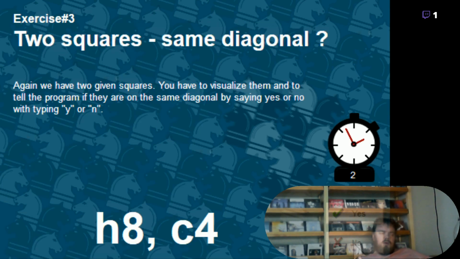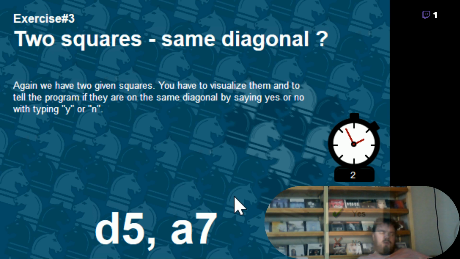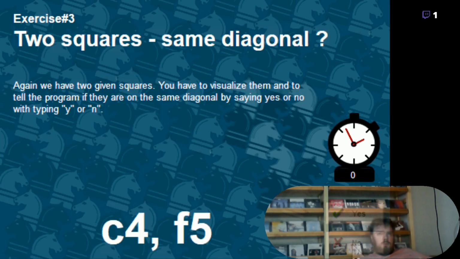H8 leads to C3, not C4. D5 leads to G8 and A8, but not A7. So C4 leads to A3, A6, no, C4 leads to A2, G8,